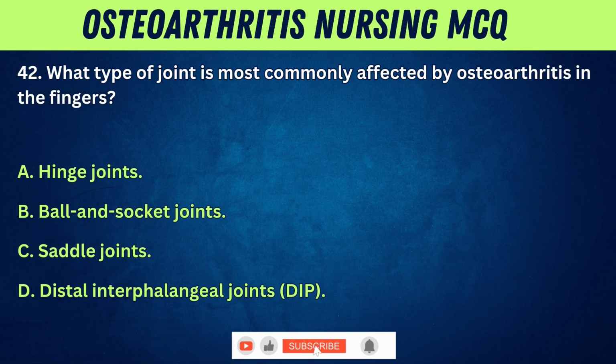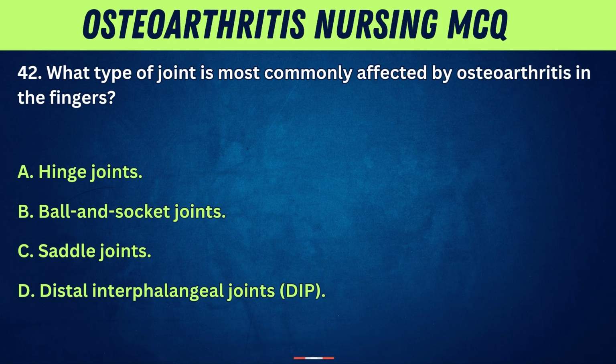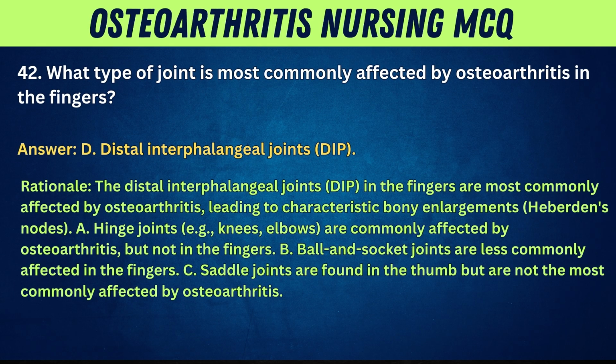42. What type of joint is most commonly affected by osteoarthritis in the fingers? A. Hinge joints. B. Ball and socket joints. C. Saddle joints. D. Distal interphalangeal joints, DIP. Answer: D. Distal interphalangeal joints, DIP. Rationale: the distal interphalangeal joints, DIP, in the fingers are most commonly affected by osteoarthritis, leading to characteristic bony enlargements,